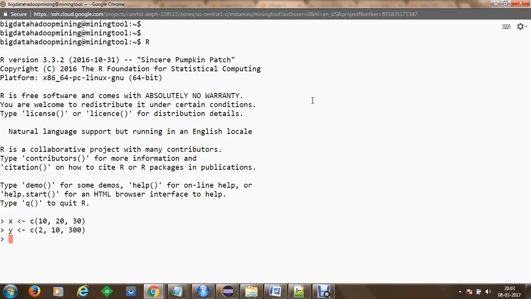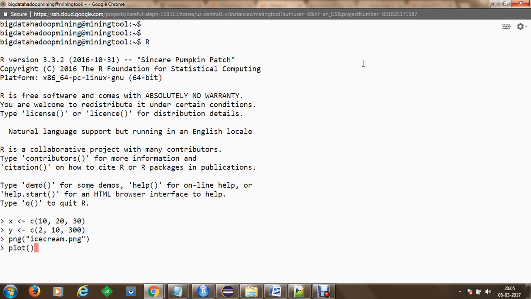Now we would like to create a plot. To create a plot, first of all, we would like to generate a PNG file, and this file we are going to create within the current directory, and the name of the file will be ice cream.png. And once this ice cream.png is created, we are going to create the plot using our function known as plot.